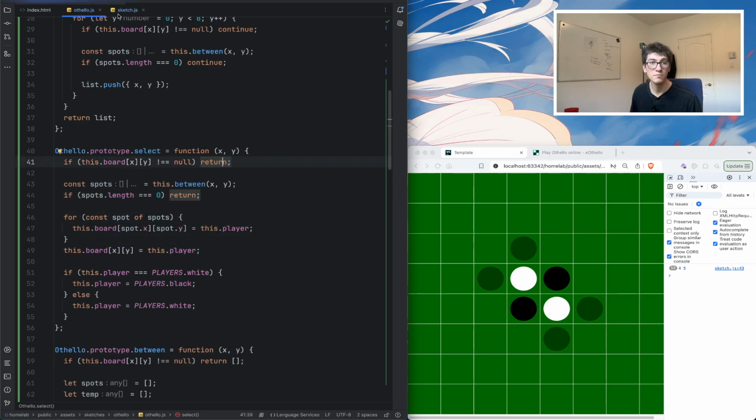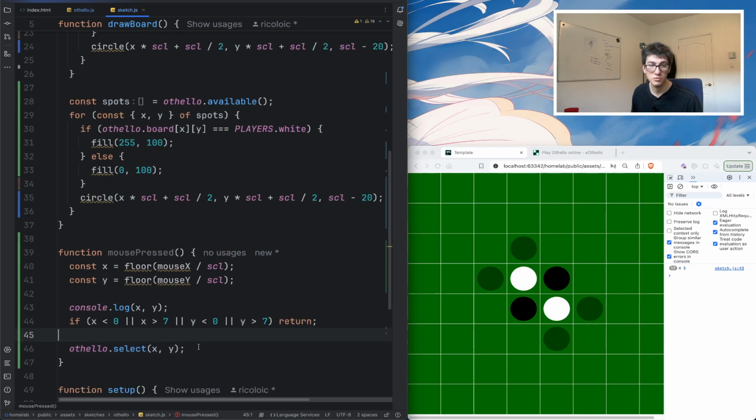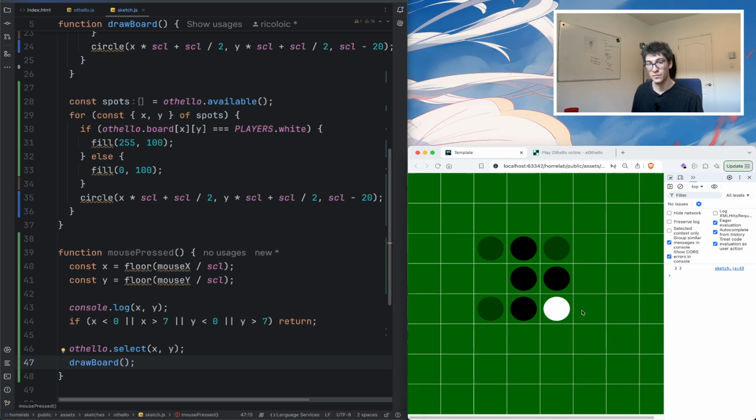Oh, you know what? I'm sure it's doing what it's supposed to. The only thing left is to redraw the board, right? Draw board. I think we're done now. Let me try it out. Okay, now I'm the white piece. Clicking here should change this one. Okay,